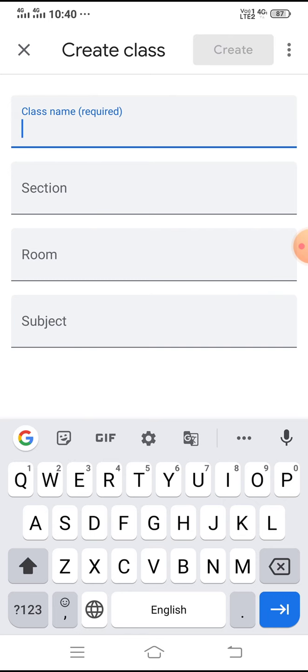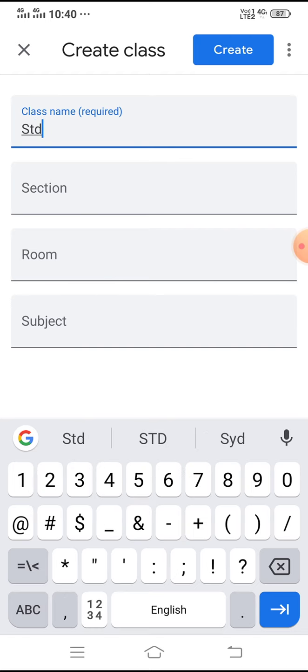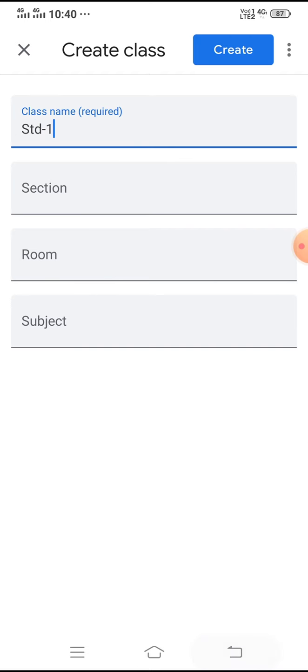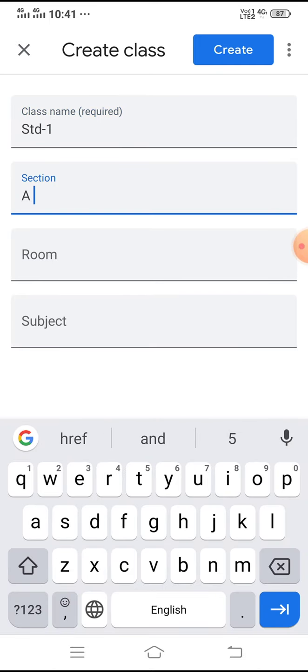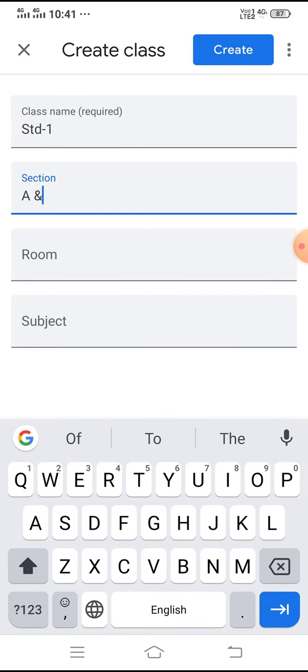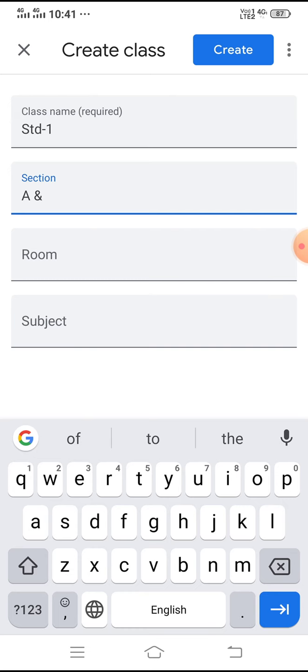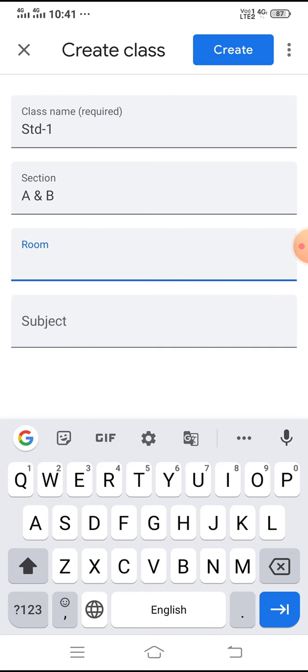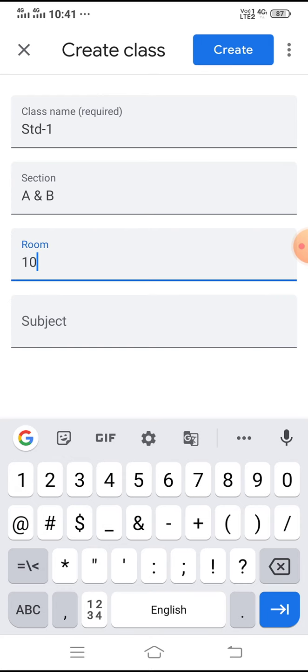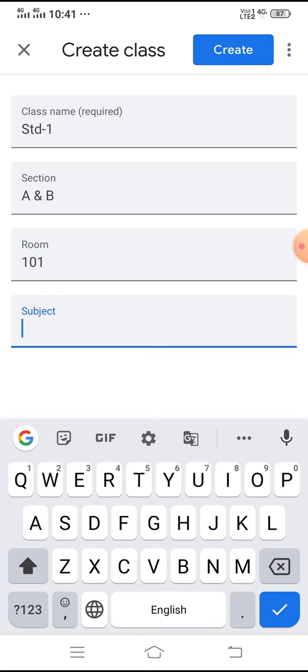I will write the class name here. See, at the top you can see the color of the create button which is right now blue. You can also write sections here. It is optional. If you want to skip it, you can skip it. You can also write the room number and subject.